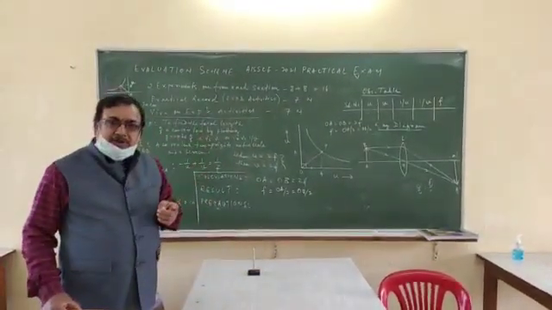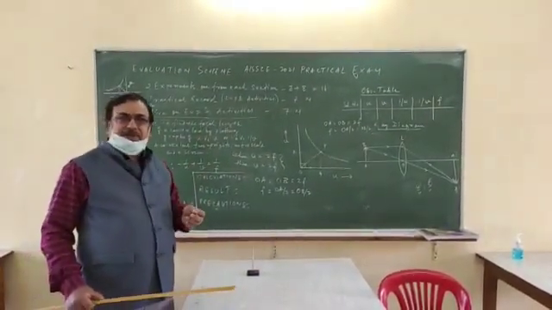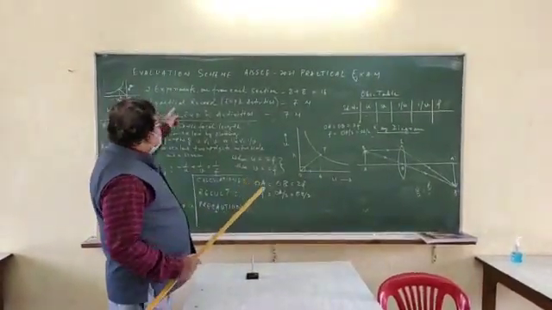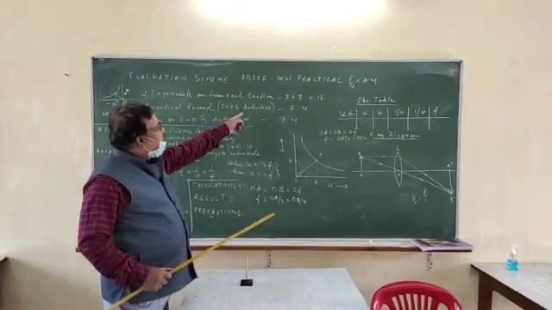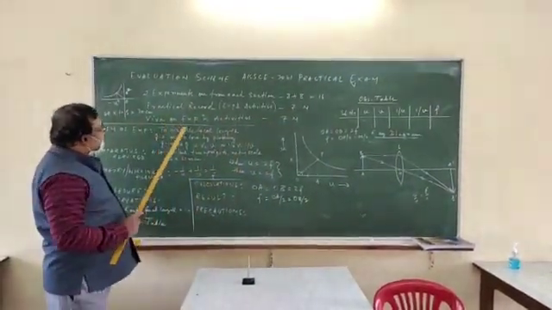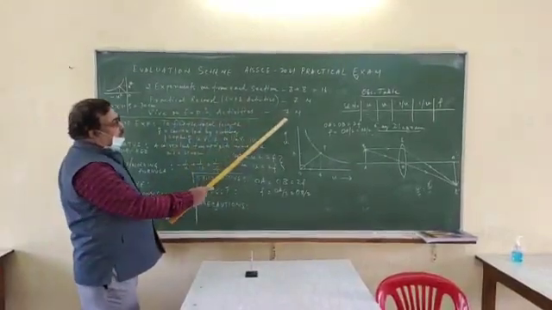One is from the electricity experiment and another from the optics. And then practical record for experiments and activities 7 marks, and then viva on experiments and activities 7 marks, total 30.